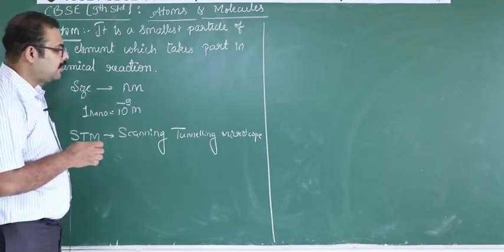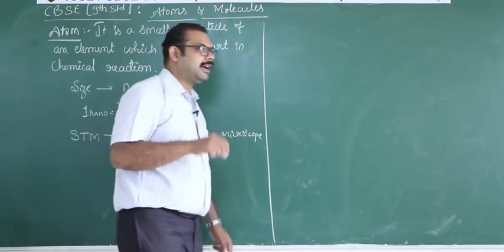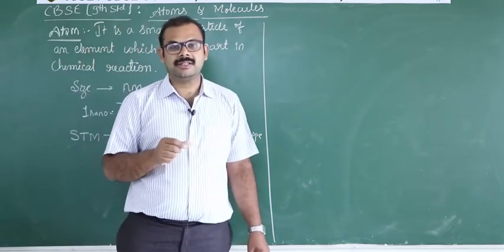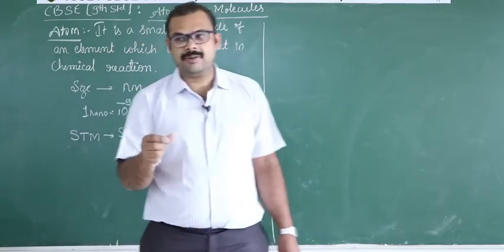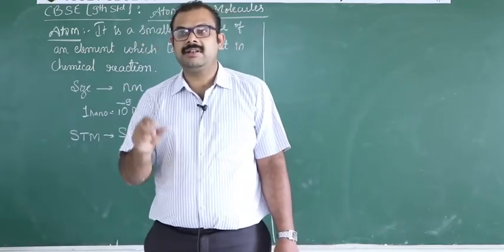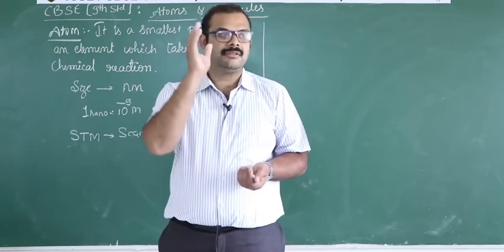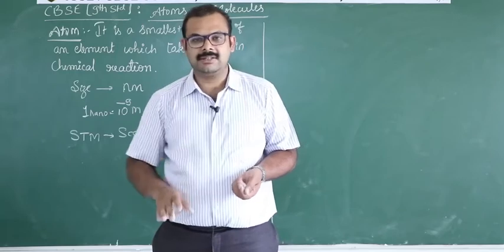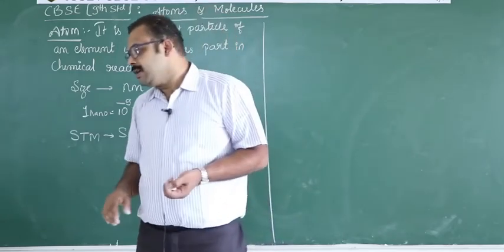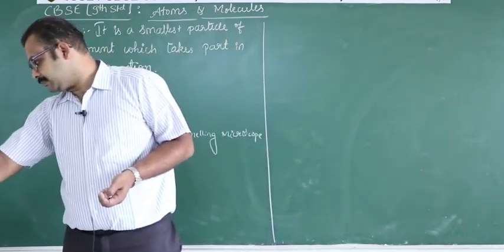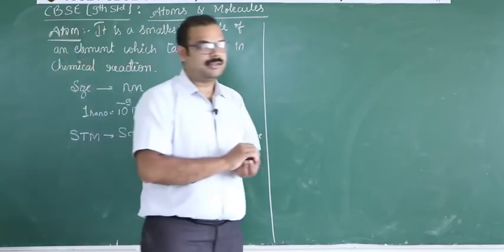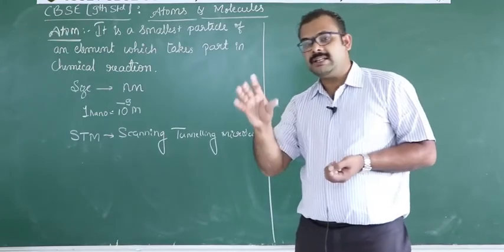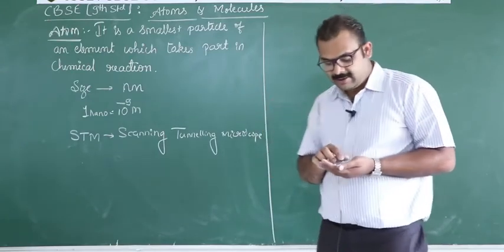Then if we know the atom, we have to mention a particular name. For example, after the birth of a baby, we assign some name. Why? Because we have to call the baby, and we cannot just say a boy or a girl. So it should have a particular name. Like that, we have to give a name to represent an atom.